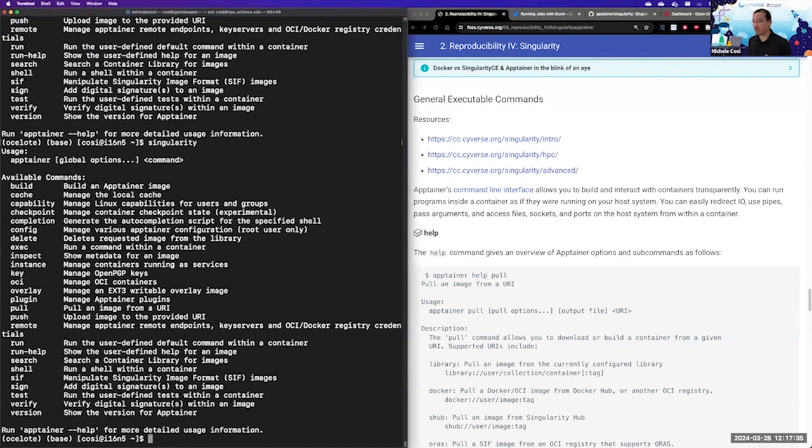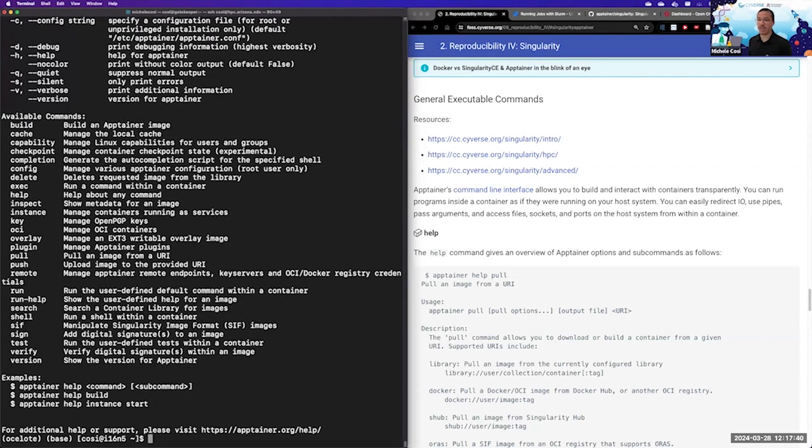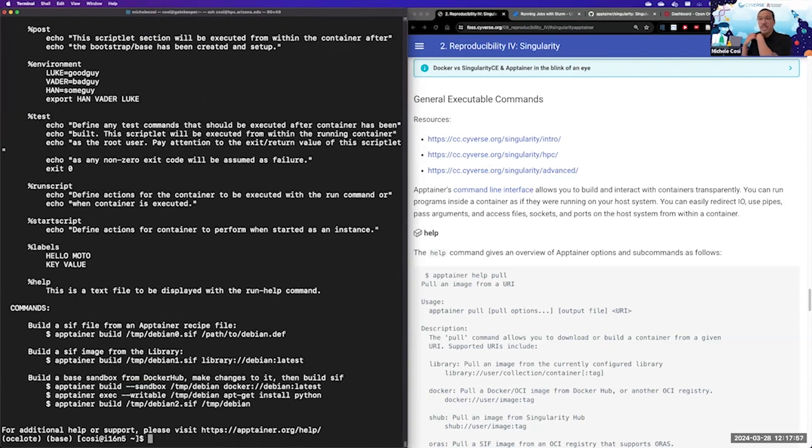Well, if you do apptainer help, it gives you the various help commands that I can do. But if you do help and a specific command, then it tells you about that specific command. So if you were to do apptainer help build,